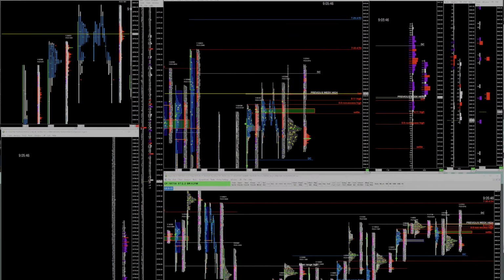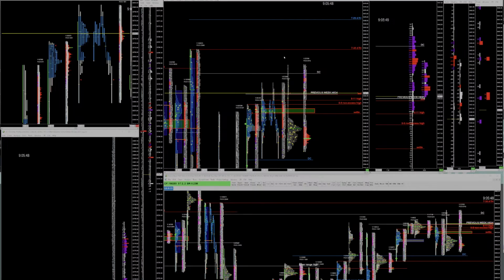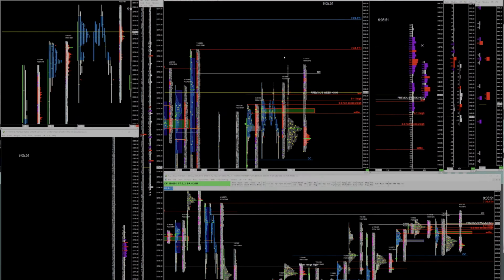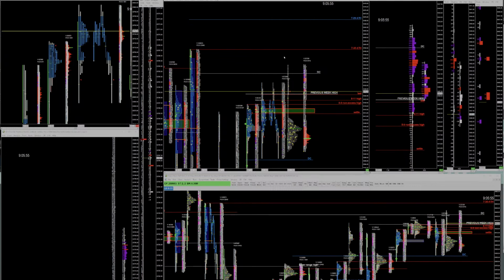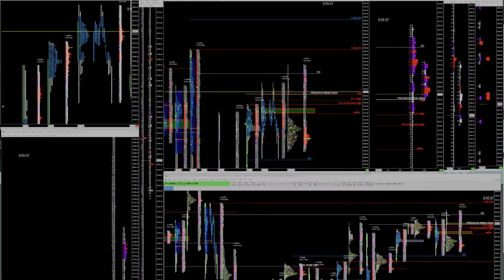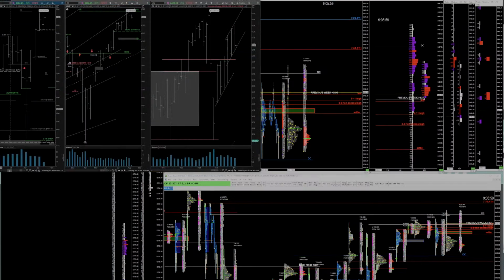But at the same time, while we were talking about the upper side, the potential directional move that we were looking at in this market,